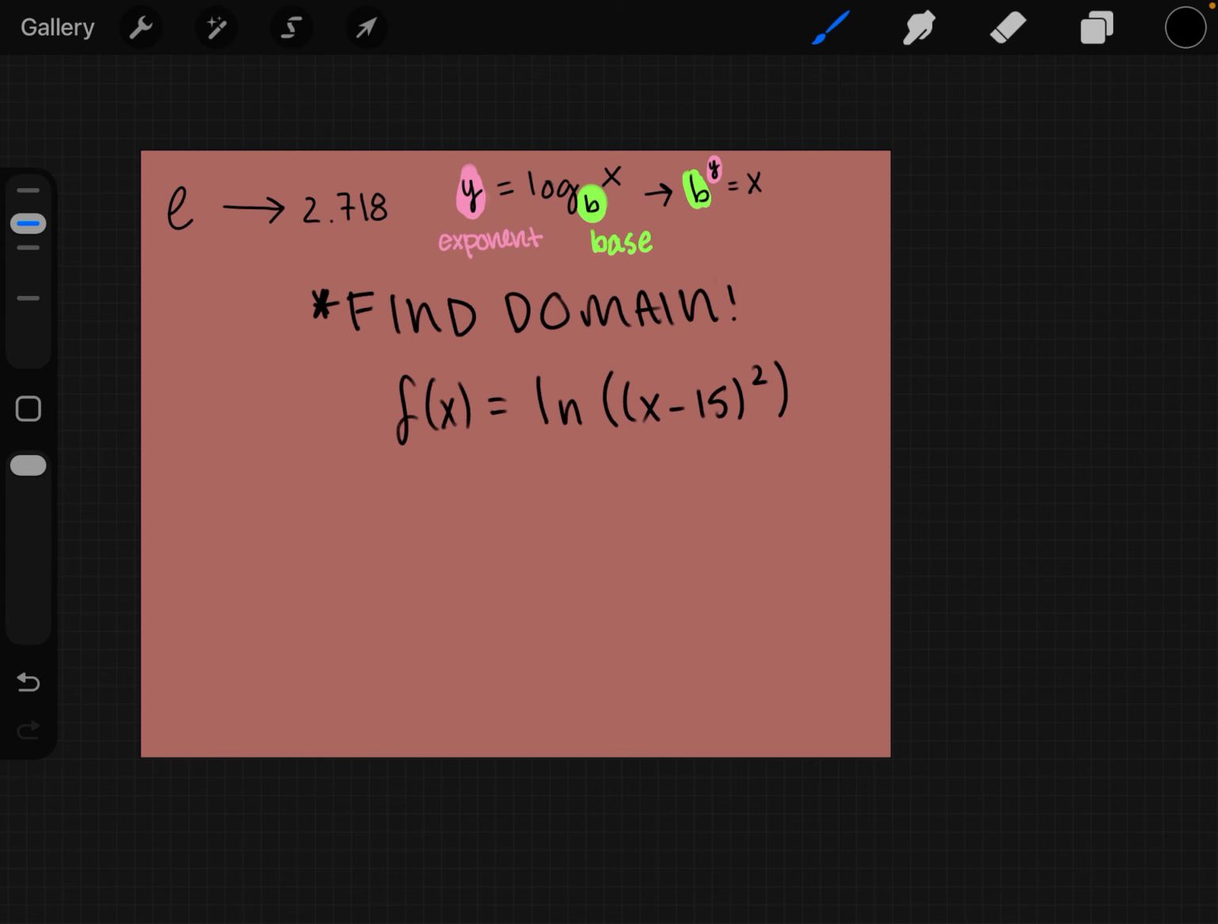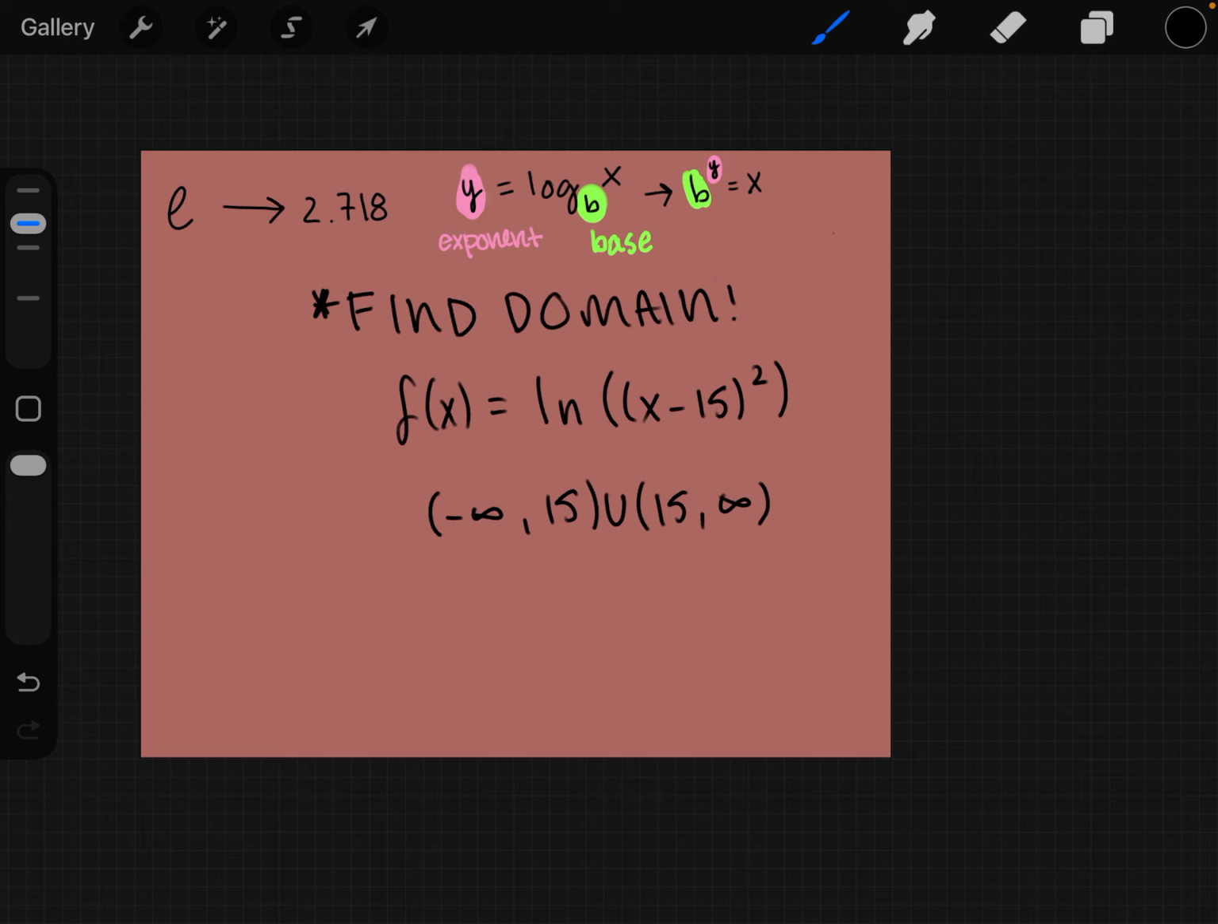Alright, we know that this is E, but in this question, it's not important. We know that this has to be greater than 0. So looking at this question, what would make this 0? Obviously, if x was 15, 15 minus 15 is 0. So we know that 15 cannot be in the domain. So we don't need to solve anything. We just need to exclude 15,